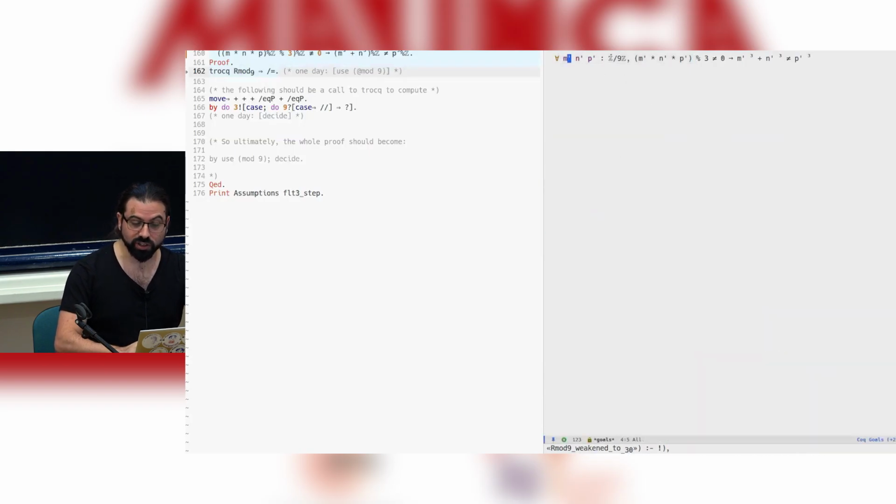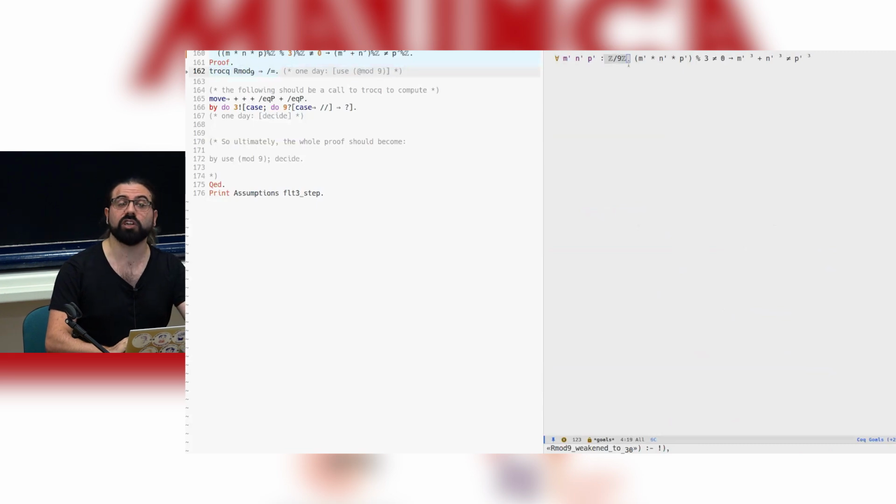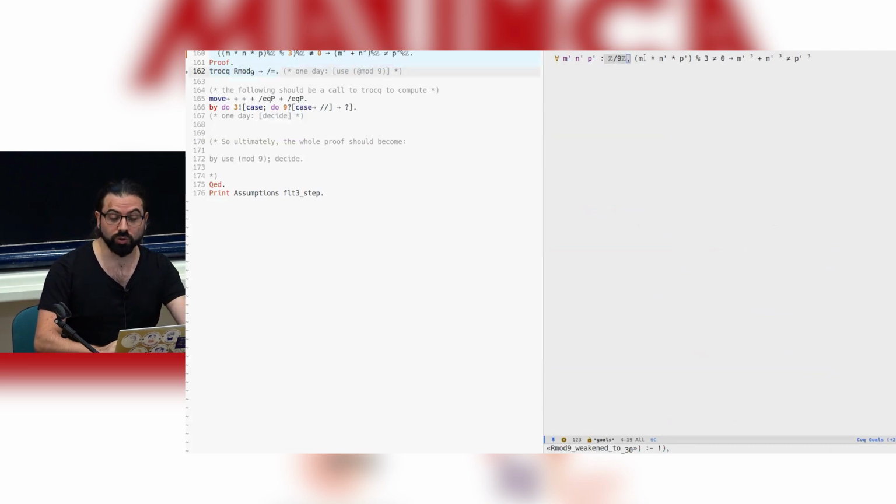And you can actually see that it changed the quantification on integers to a quantification on Z modulo 9. And this becomes an equality now, so a disequality. This is still modulo 3. And this is still an equality, but this time of integers modulo 9, which means you can do,